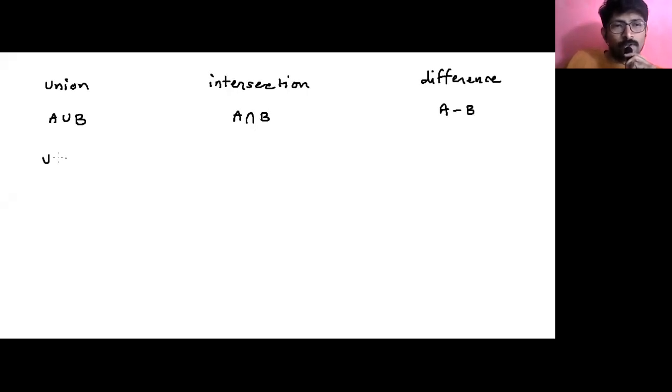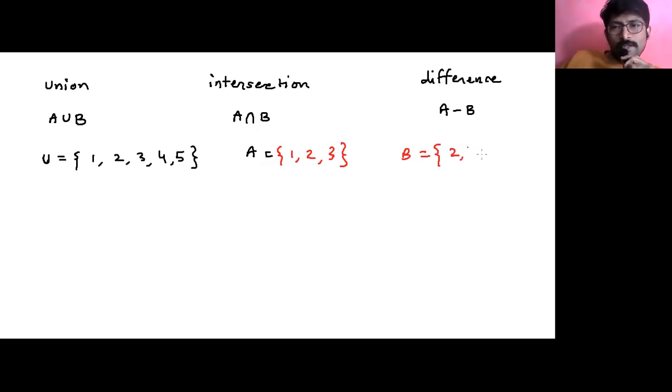Now you might get somewhere confused, sir. U stands for universal set, U stands for union. तो U को कुछ ज्यादा इंपॉर्टेंस दिया गया है ये सेट चैप्टर में. Yes, ऐसे लग सकता है आपको. So let's say some universal set is given as 1 2 3 4 and 5. Suppose ये universal set है. Now set A is given as, let's say, 1 2 and 3. And set B is given as, हमको set B भी कुछ दिया है, let's say 2 3 and 5.